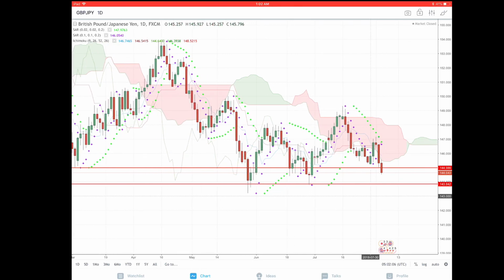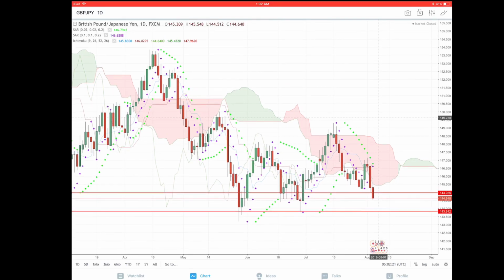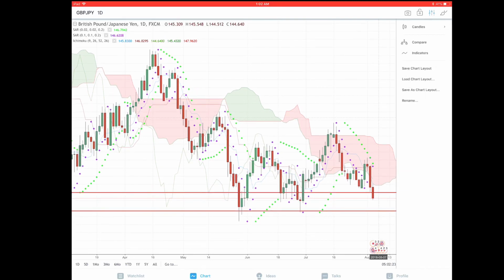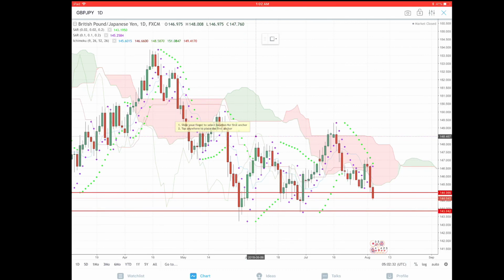So we could draw more of these support and resistance lines, kind of create a pivot chart. But the other thing I wanted to show you was Fibonacci areas. I like to use the Fibonacci retracement tool. There are many Fibonacci tools one could use,